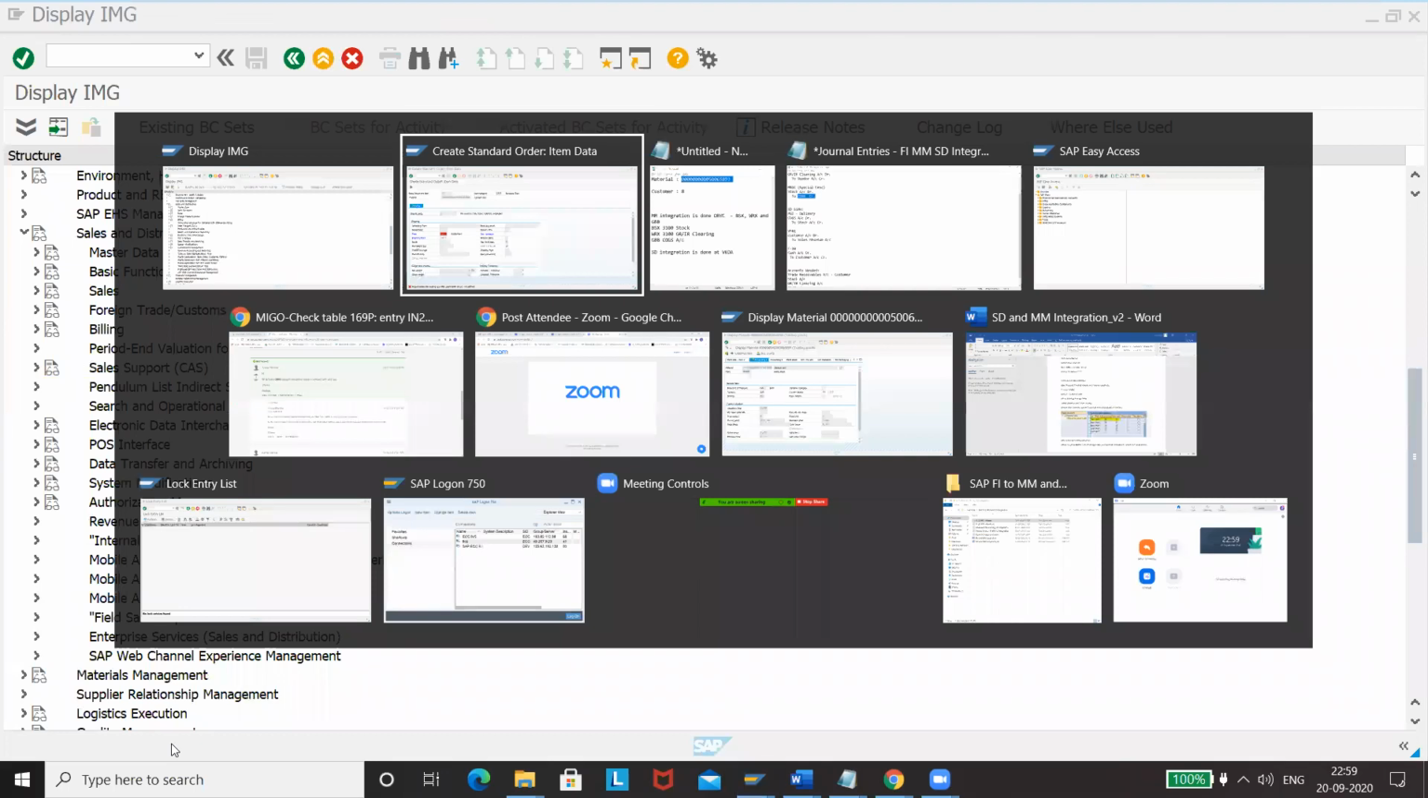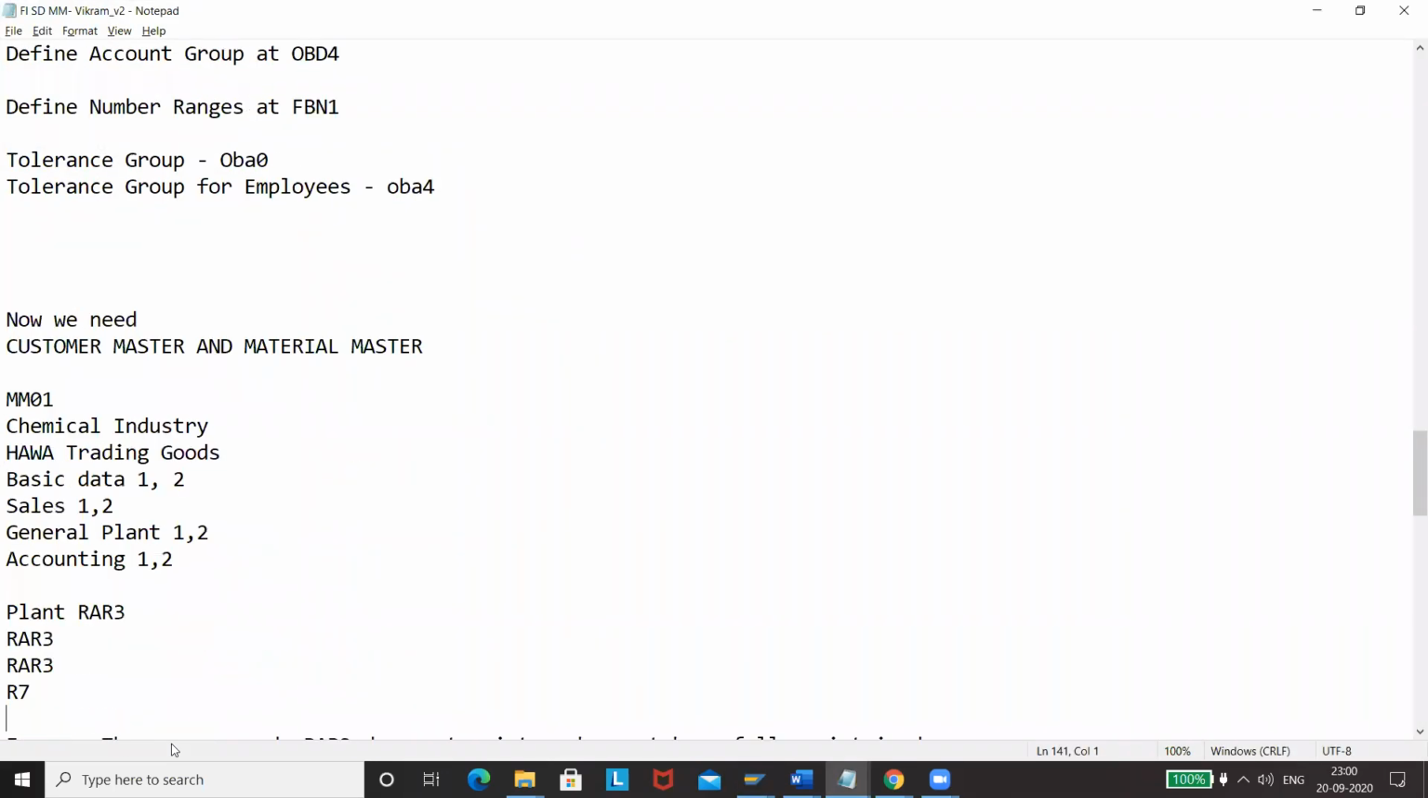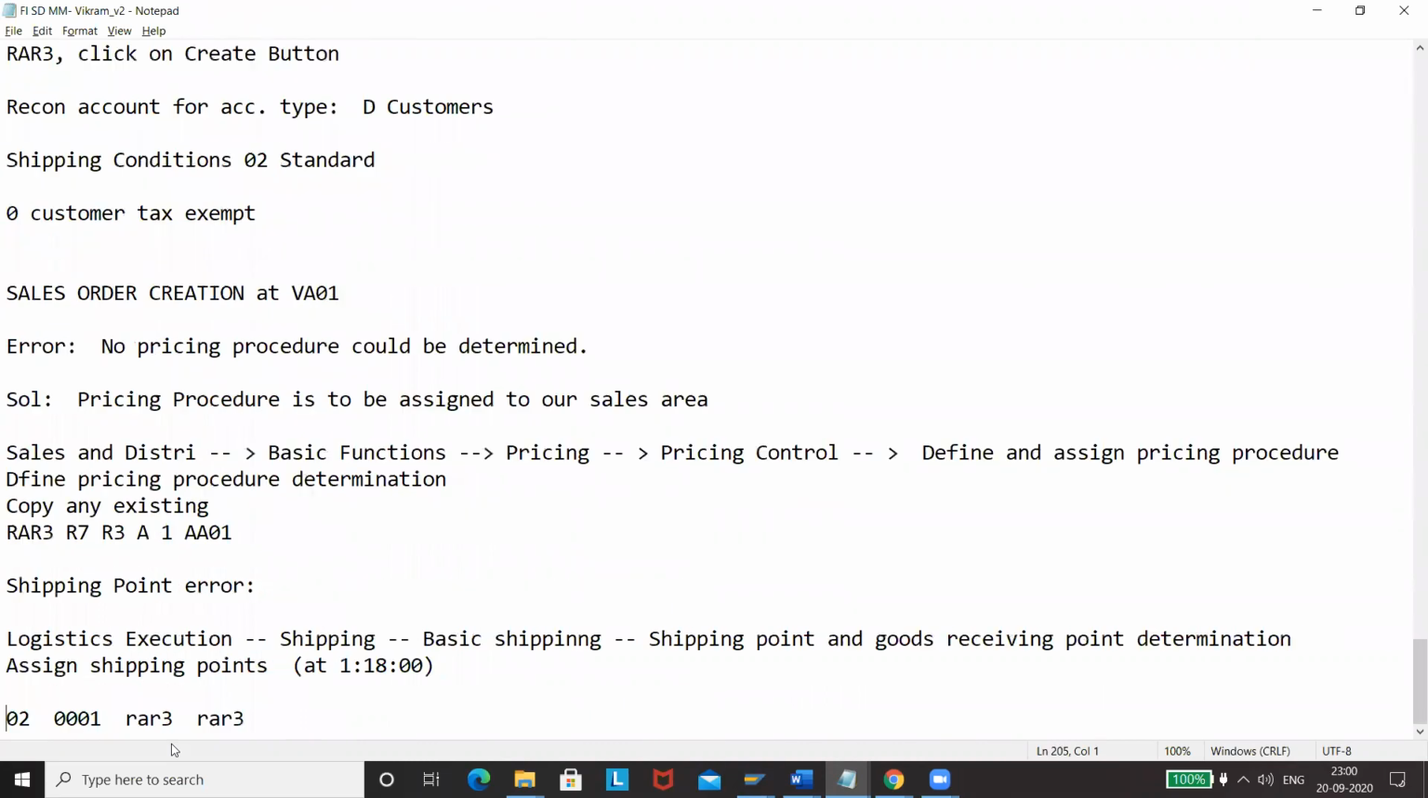Well, I have given a detailed explanation about these things in the document itself. Don't need to worry. If you have any challenges, you can always come back to this video and see this as well. So pricing procedure, I told you how to resolve this one. That is explained here in detail with the path as well. And again, once you've done this,